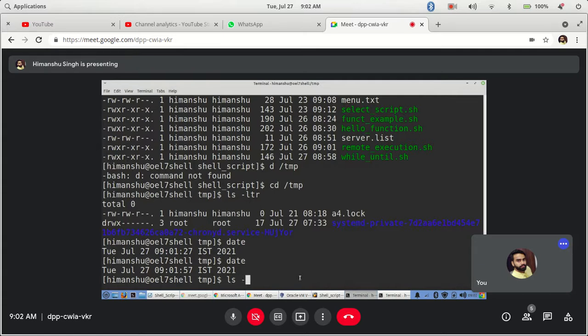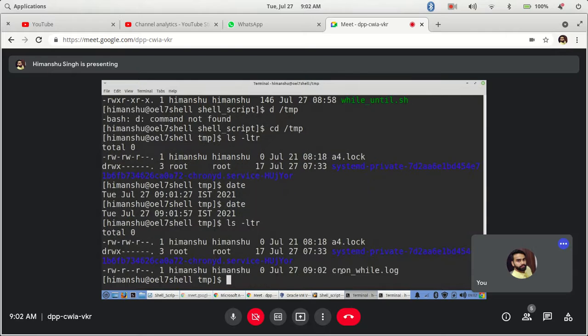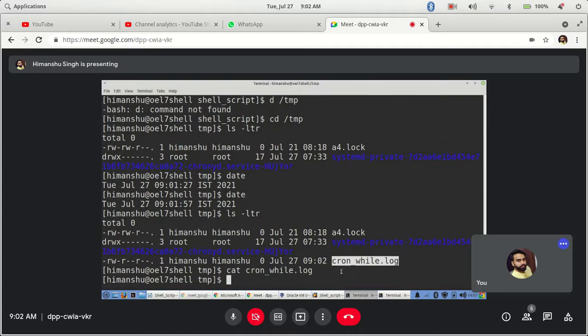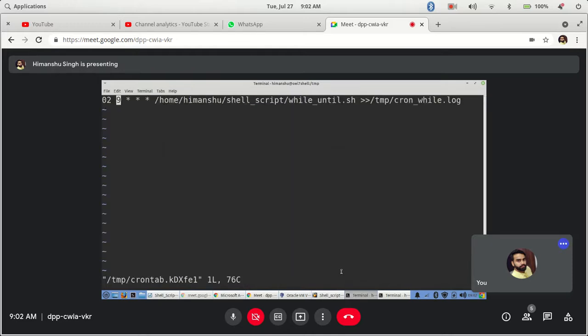Okay, see, it created the log but no output here, right? Where is the output? Because it failed. If you remember the redirect, I told you the values 2 and 1. 2 was for your error and 1 was for output, right? So how can I use that? That's why it's important, because it has not captured the error, so how will I know what happened?